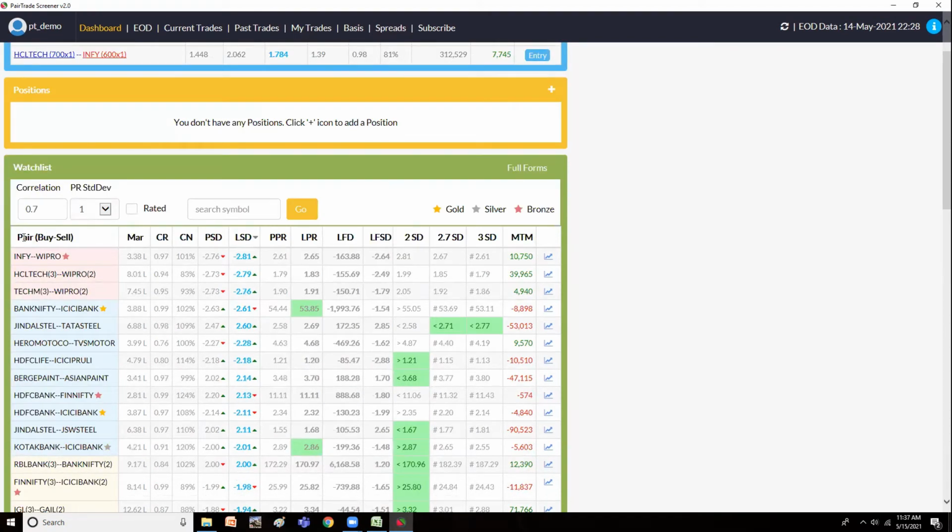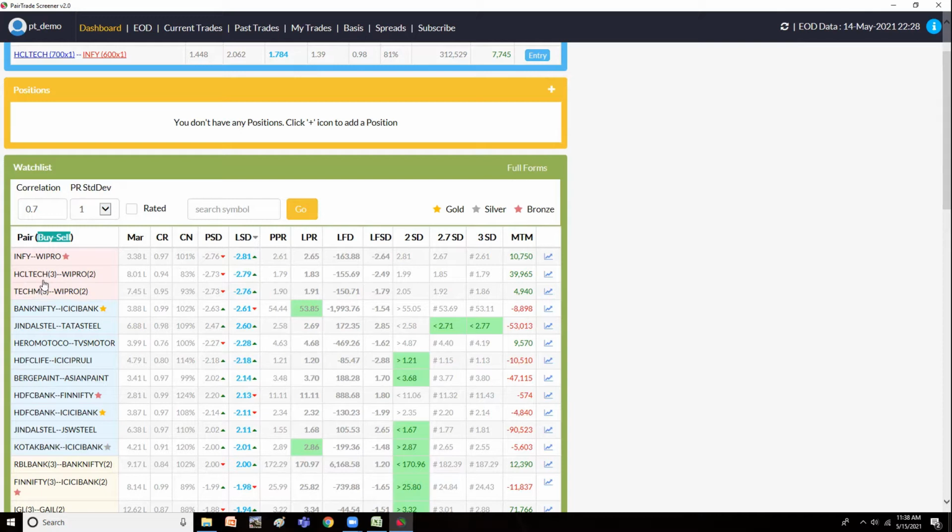In this, instead of B1 and B2, we are displaying buy and sell directly, so there won't be any confusion for the user about which one to buy and which one to sell. So Infy is buy here and Wipro is sell. HCL Tech is buy and Wipro is sell. And something you are seeing here, 3 and 2, some different value, and in other places there is no number displayed. That means if a number is not displayed, it is a 1:1 ratio. That means we need to buy one lot of Infy and sell one lot of Wipro.